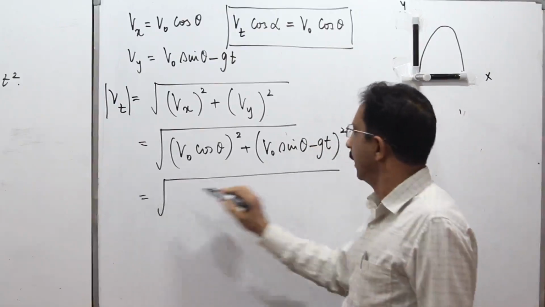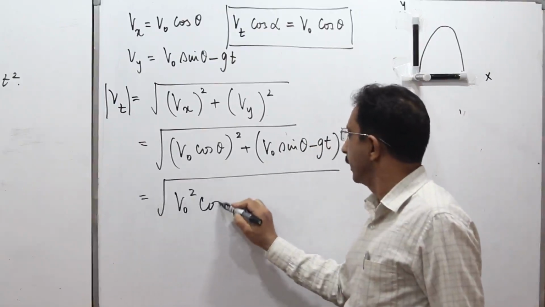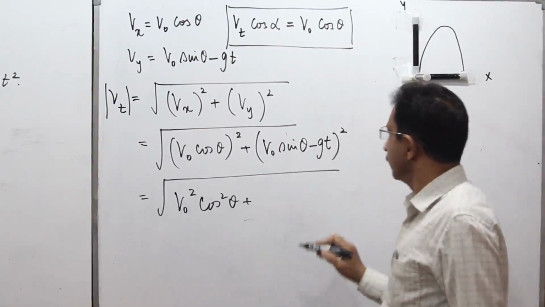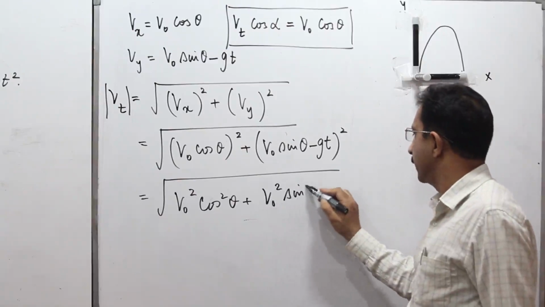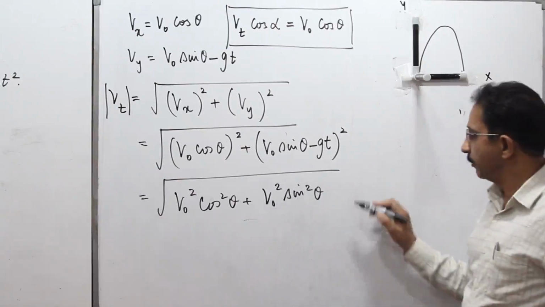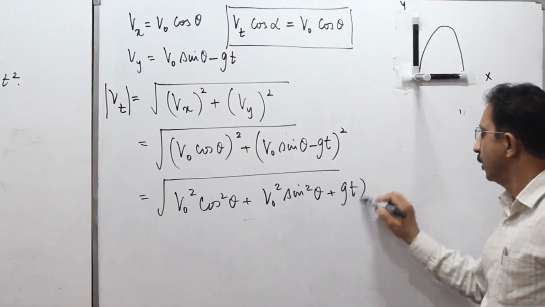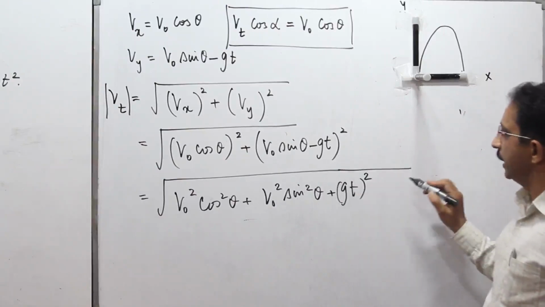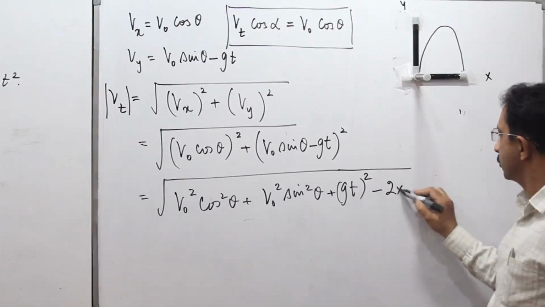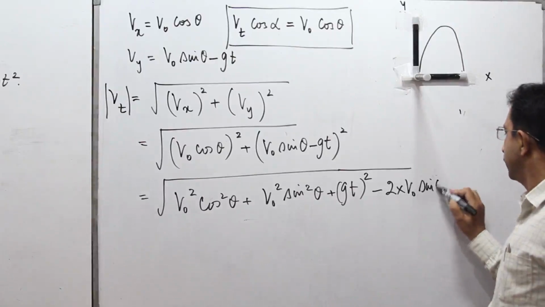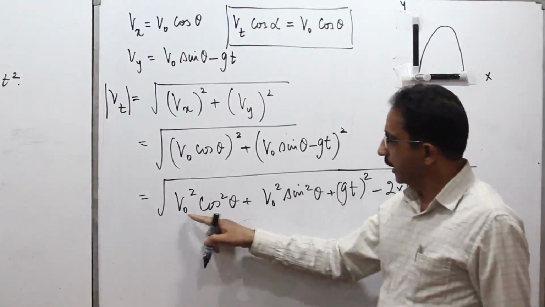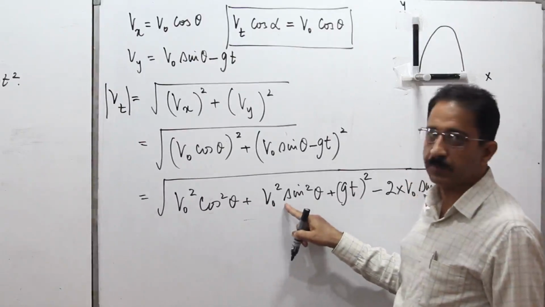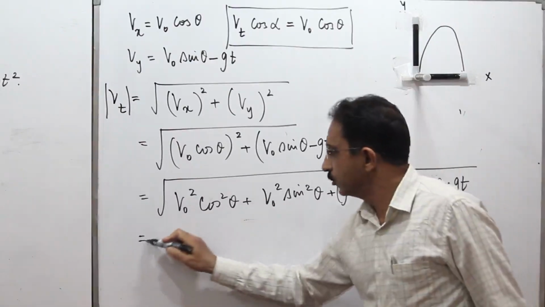यहाँ से आपको मिलेगा v0 square cos square theta plus v0 sin, इसको ब्रैकेट को ओपन करें तो this is v0 square sin square theta, that is a square plus b square, that is gt whole square, तो a minus b whole square है -2 into v0 sin theta into gt. This can further be simplified. अगर मैं इन दो में से sin square theta plus cos square theta कॉमन ले लेता हूँ,